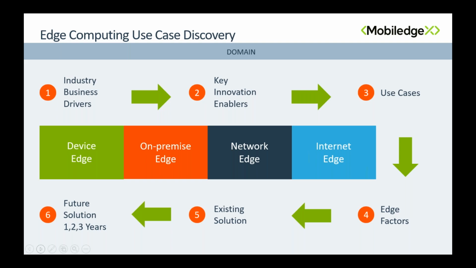The first observation that I think is very important for us to understand is that there are multiple edges, and those edges have existed for a long time. And the majority of enablement today is actually a combination of a device edge that's quite often a smartphone and the internet edge where a public cloud sits. And we see what happens in the middle, either through the network edge or the on-premise edge, in terms of the bandwidth, especially on the network side.